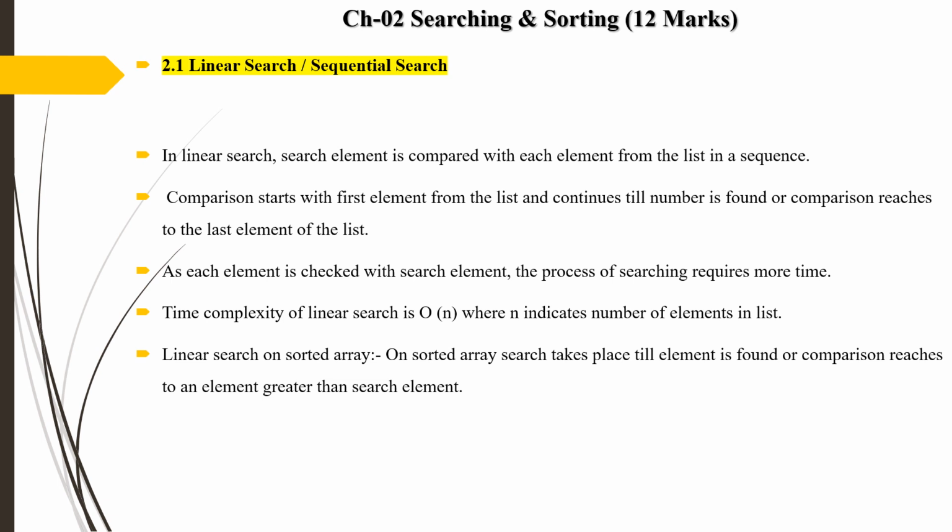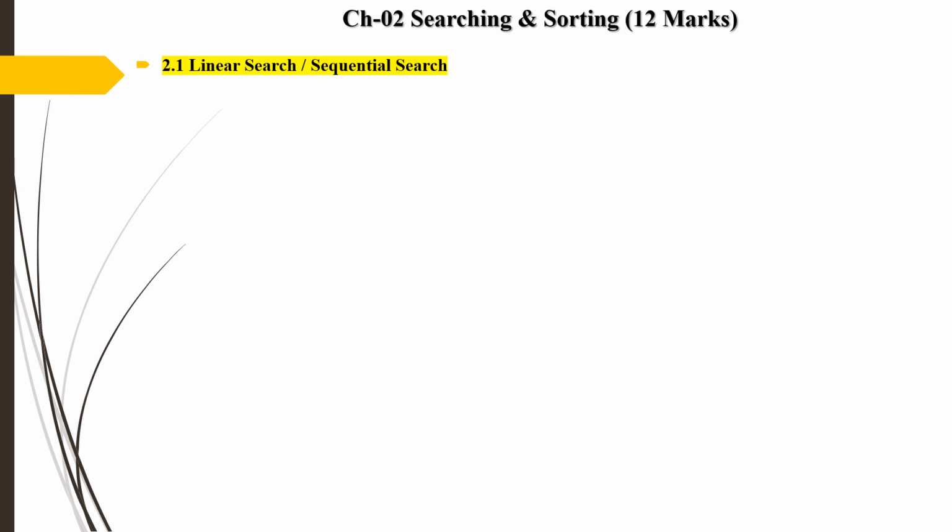So this is about linear search, and we see some steps of linear search, and then we see one example of linear search. Many times in examinations the question is asked, what is linear search? Explain with example for 4 marks. So it is one important question in the second chapter. Then next we see the steps in linear search, how we can perform the linear search.